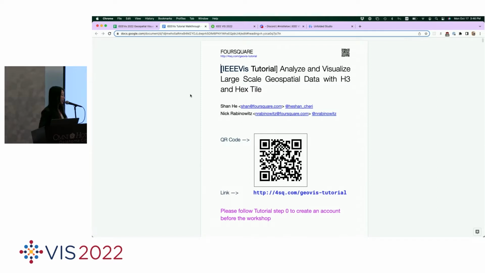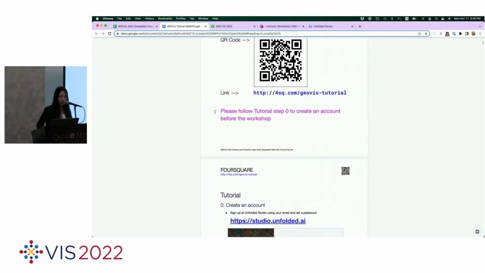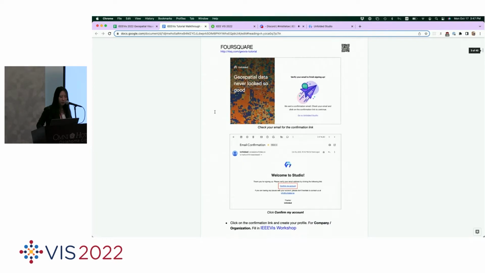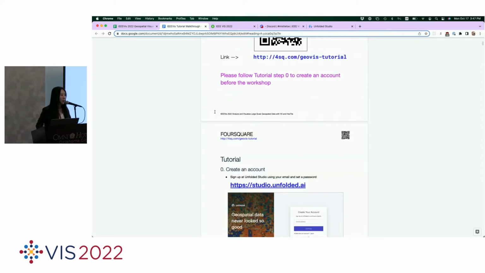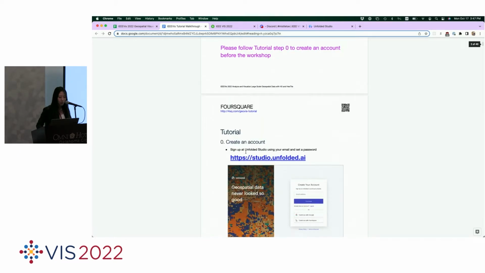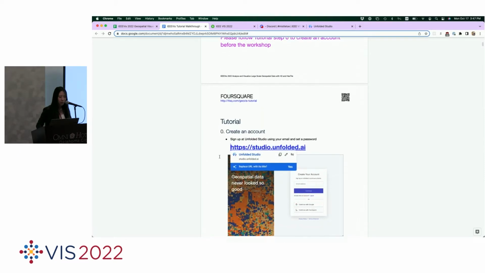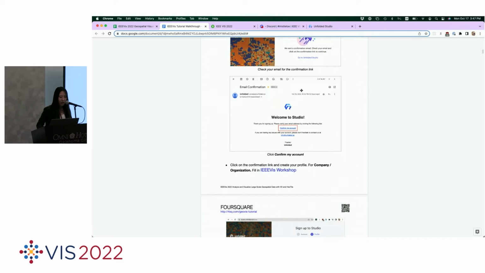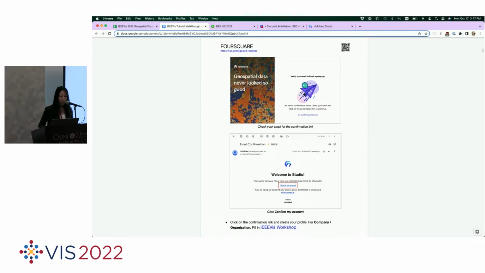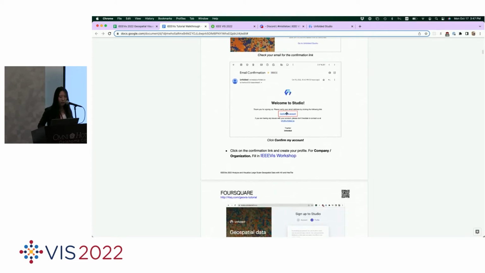If you scan this QR code, it will link you to this Google Doc, and you can keep it for your reference. Here we write out every individual step that we will go through during this tutorial. If anyone wants to follow up, you will need to create an account on studio.unfold.ai. And after you create an account, make sure to click the confirmation email link we sent to you and